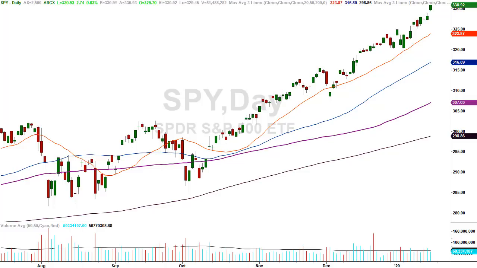What happens if this continues to be a runaway freight train? Where are they going? Is it price or is it time? Well, it's likely both. If we can identify both, that's fantastic. We can't always identify both. Sometimes I can identify a price. Sometimes I can identify a time. In this case, since we're at new highs, I'm really working off of time. How do you do that?